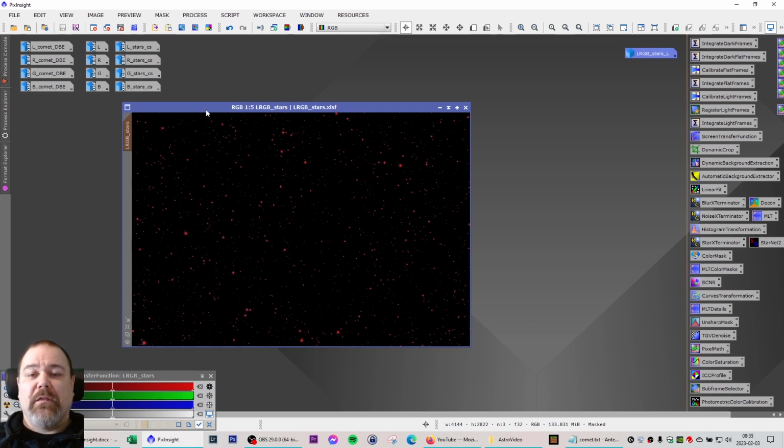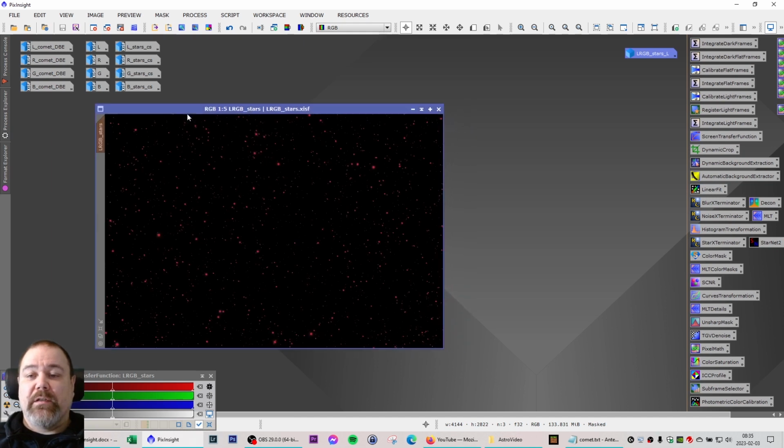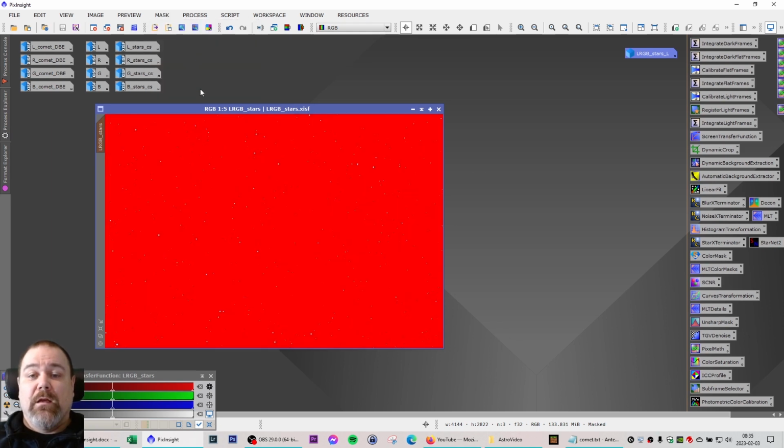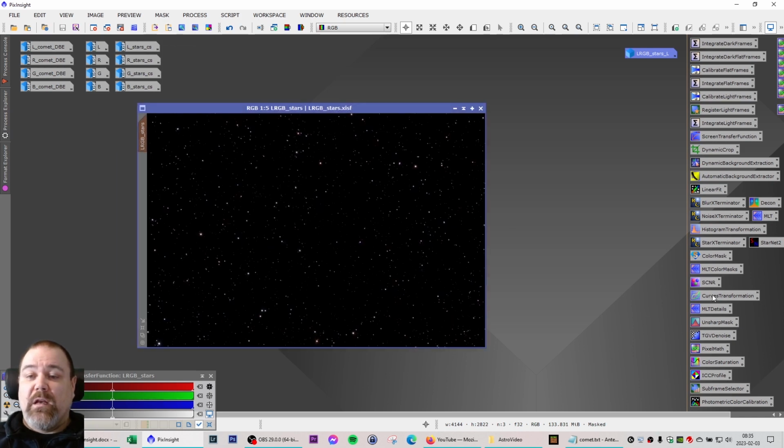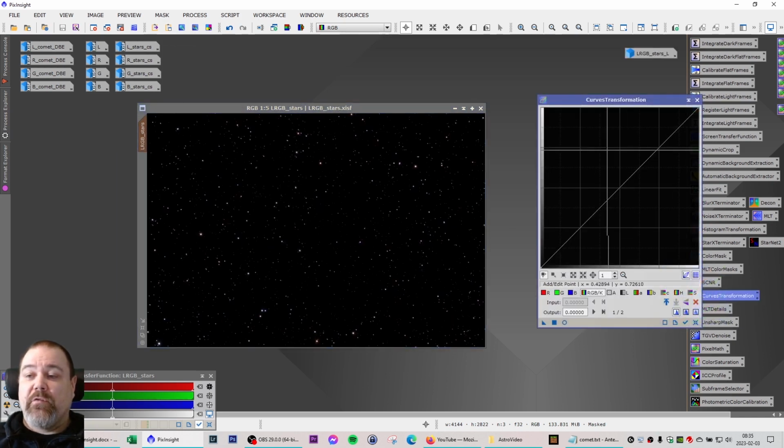We don't really need to do anything about the background because that is perfectly fine, since we used the create star image with the star exterminator. So invert it back to protect the background and disable show mask,